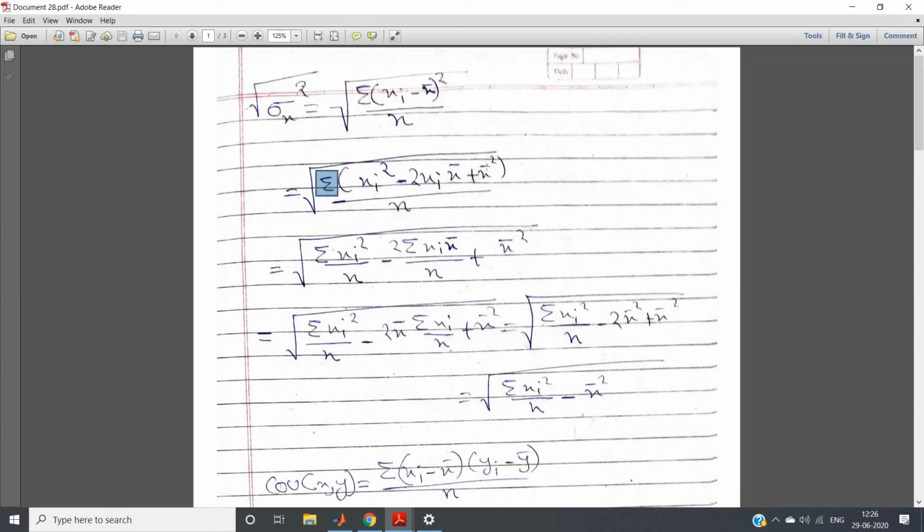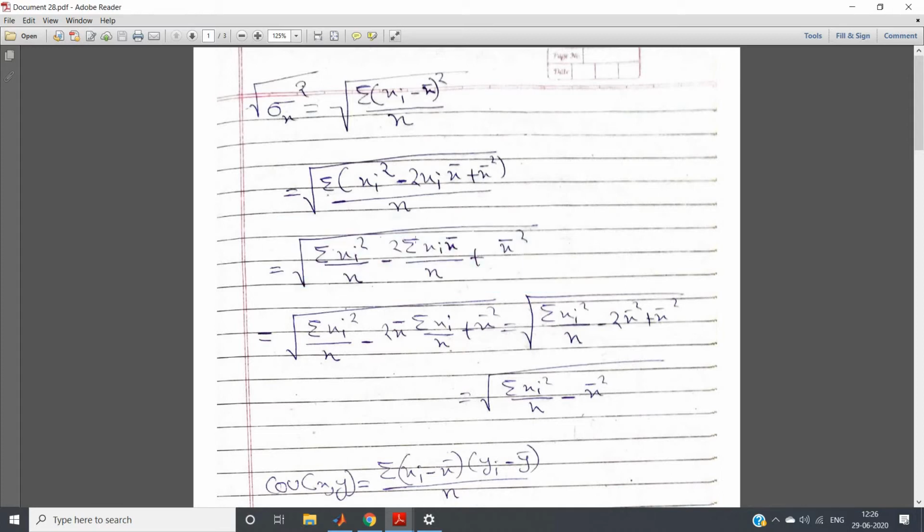See, summation over x bar square, where x bar is what? x bar is the average of all the x data points, which is basically one constant. So x bar square will come outside of the summation. So the summation of 1 remains inside that, right? The summation of 1 is n, and in the denominator also n is present. So the numerator n and denominator n will cancel each other. So you will have x bar square. So I hope after simplification we can get this one. You can easily understand this.